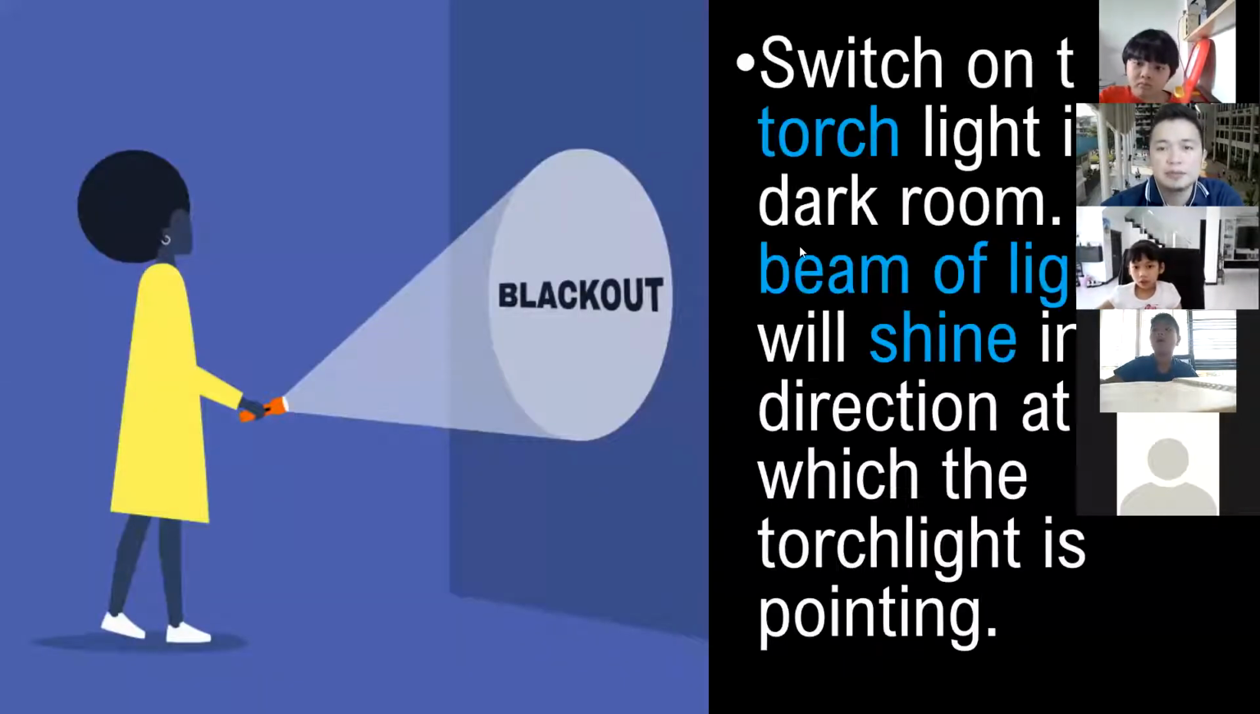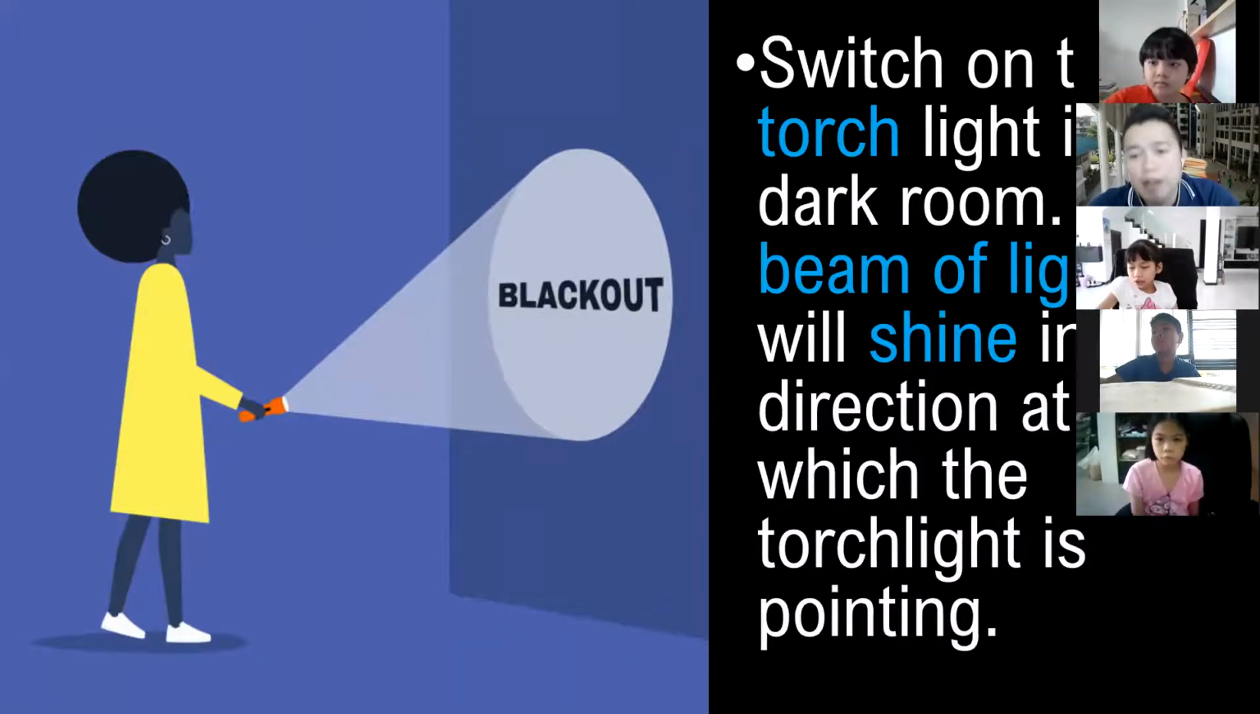Okay, look. Switch on the torch light in a dark room. If we have a torch light in a very dark room, what will happen? A beam of light will shine in the direction at which the torch light is pointing. See that? You can appreciate a very good light. You can see that